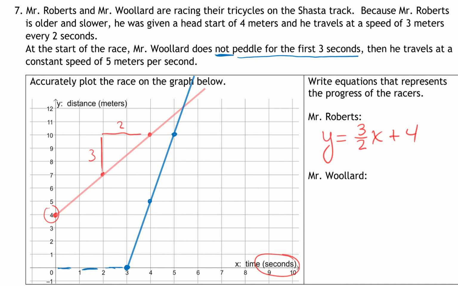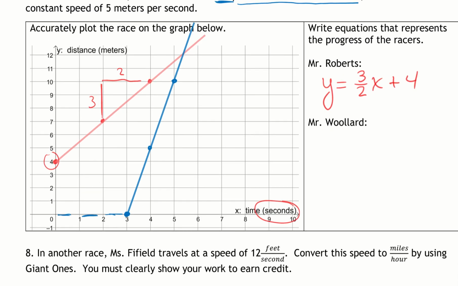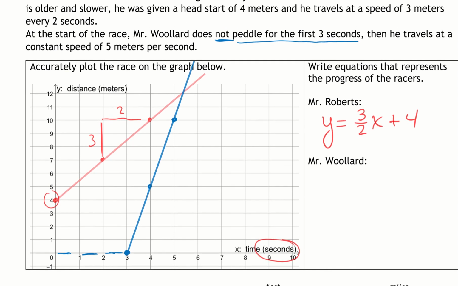Mr. Woolard's equation is a little bit more difficult because I don't see his y-intercept. I could imagine that if I extended downward, it's way down here somewhere. So I know it exists, but it's not visible to me. However, I do know multiple points about Mr. Woolard. So for example, I know